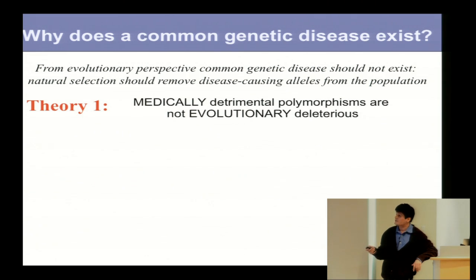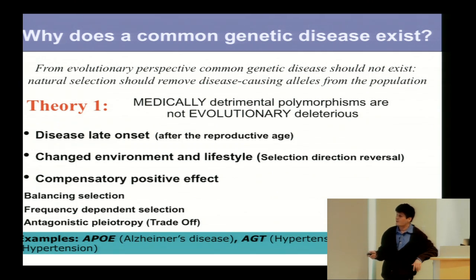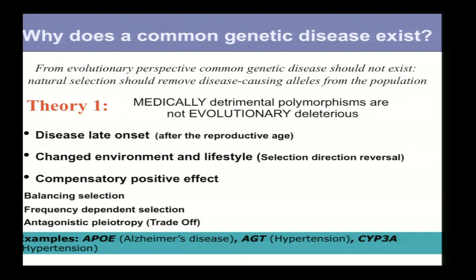One is that those alleles which are medically detrimental are not deleterious from an evolutionary viewpoint, and you can think about diseases of late onset, and I don't think we really believe in this model, and I don't have time to go into details here, but one idea is that the trait is being developed after reproductive age, and selection overlooks it. So at least I more believe in the model of small pleiotropic effects early in life, which does make a complete explanation. You can think about changing environment and lifestyle.